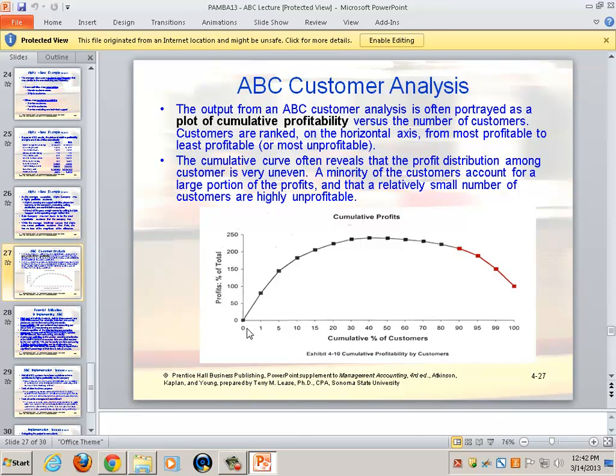So 1% of all customers, I see that gives, in other words 1% profit, you dramatically